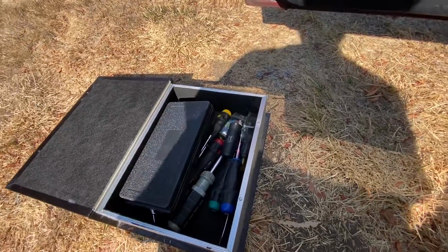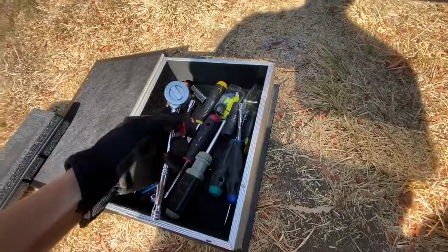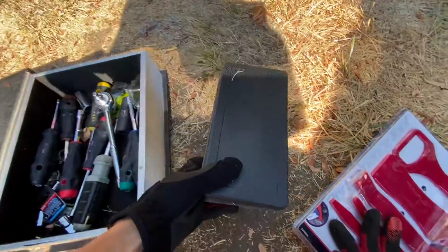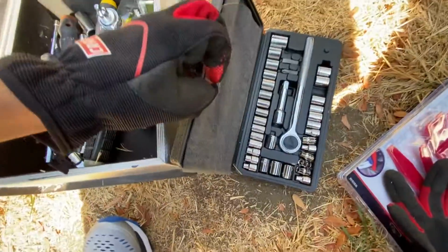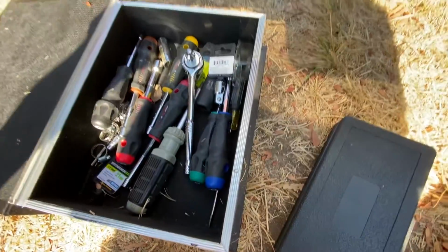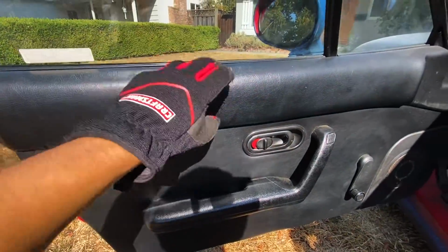If it's one thing I forgot, is how much I spent on tools back then. So I have more screwdrivers here. I have this wrench. Don't need a breaker bar. I forgot to actually pick this tool set up back then, which has more than what I need, I think, for today. I have all of this, and there's one missing. I have this, what is this? The 13 mil. 13 mil is actually what I need to get to a clip that's in the back of